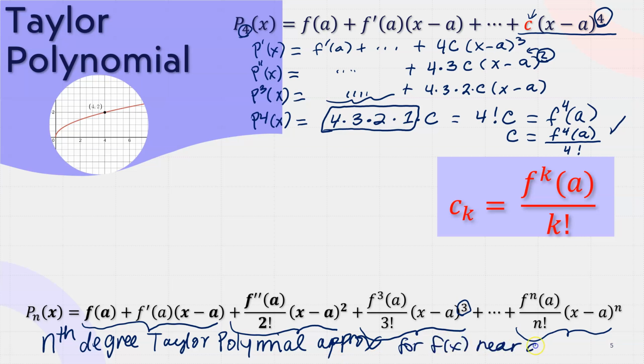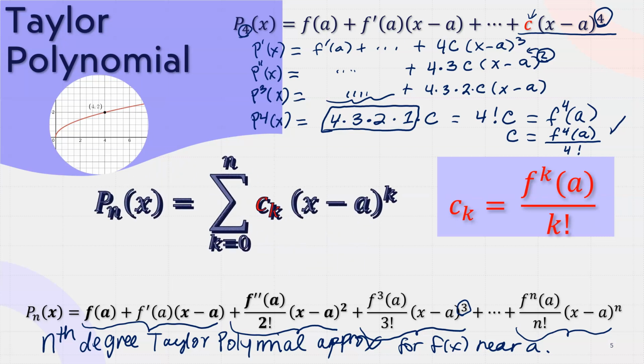Near a. Okay, and again, how near is near? We will talk about that in the later unit. All right. Now, if you actually think about this for a second, this is a sum, so we can use the summation notation. So I can say that the nth degree polynomial is going to be the sum from 0 to n,